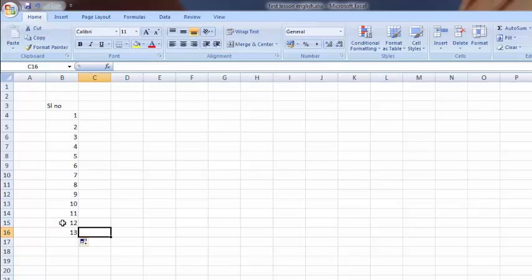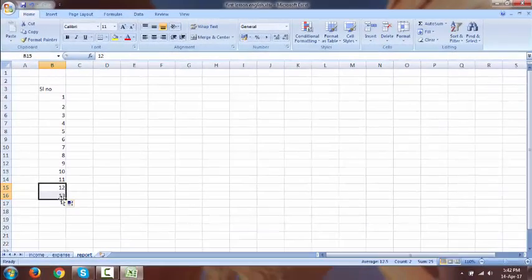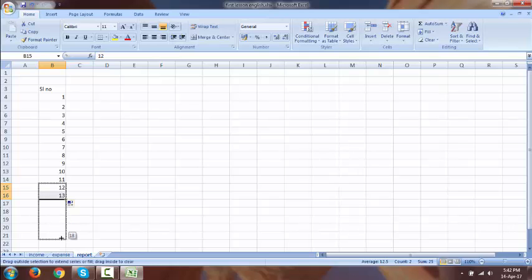So press the left button of your mouse, then drag it until 13. Then put your mouse pointer on the square box and press the left button of your mouse. By pressing the left button, drag it down serially. So there is a number. Now you can increase the number